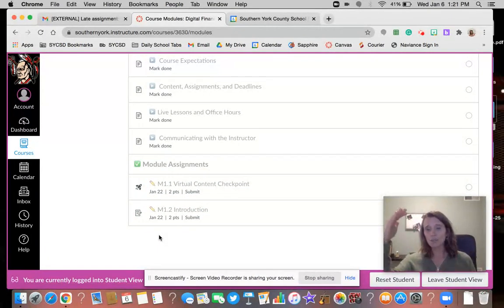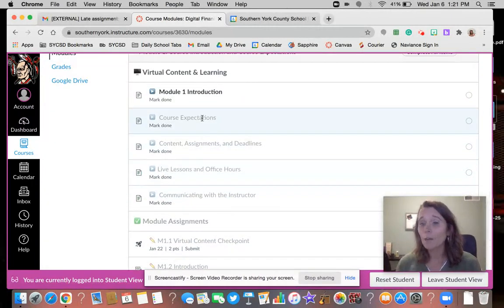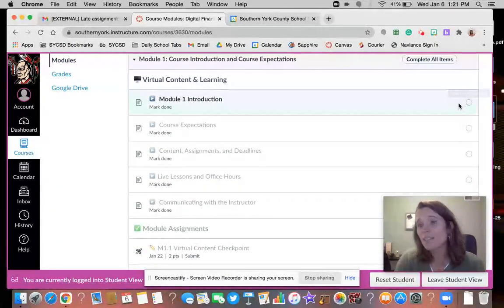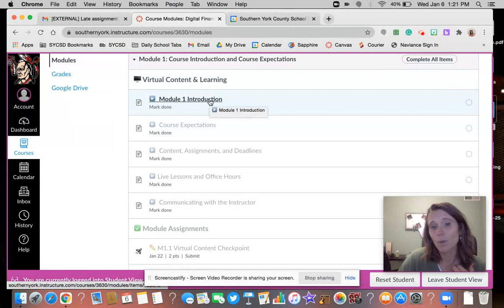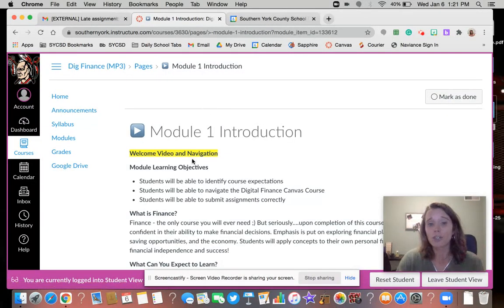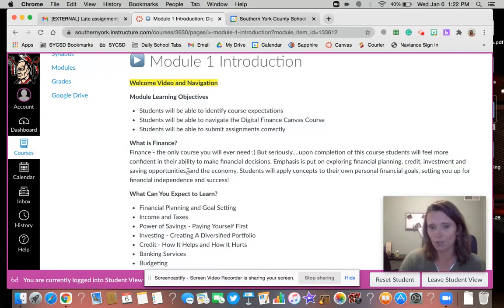So you can get a preview of the module, but you're going to notice that things are grayed out. They're grayed out because you don't have access to them. You must do things in a sequential order. I do not want you jumping onto the assignments without viewing the content. You're also going to notice these little dots here where you can see your progress. That must be complete before you can move on to the next content. So I click on Module 1, Introduction, and every single module, again, will be the same. In this introduction will be a video from me introducing the week, your learning objectives, and then any other content I want you to read about.